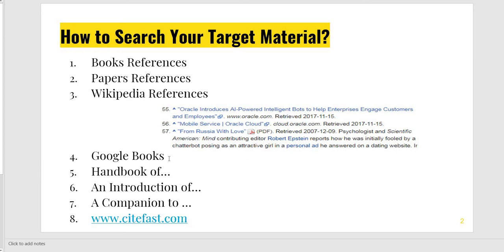Go to Google Books, as I have told you earlier. When you write any topic, go to Google. Over there is a word, more, M-O-R-E. Click on it, then you will find Google Books. Click on it and you will find so many books on your topic. Those books which start with the title Handbook of are very simple and for the beginner level. Try to find those books. Suppose you are working on corpus: Handbook of Corpus, or An Introduction to Corpus, A Companion to Corpus Studies, or